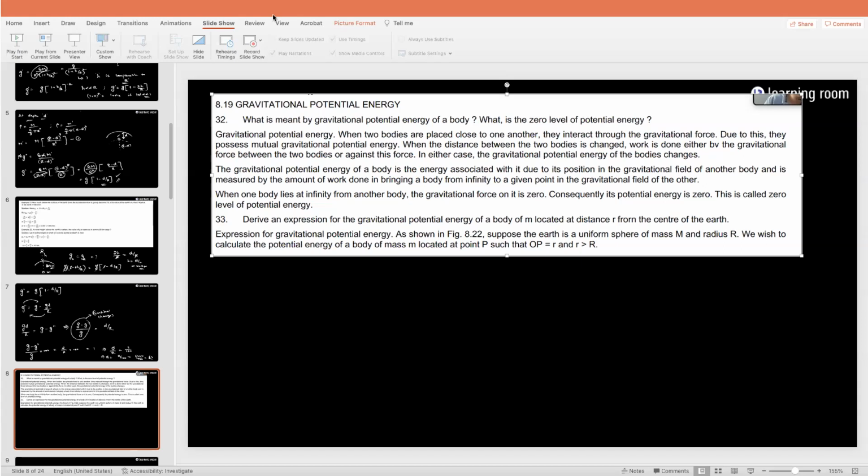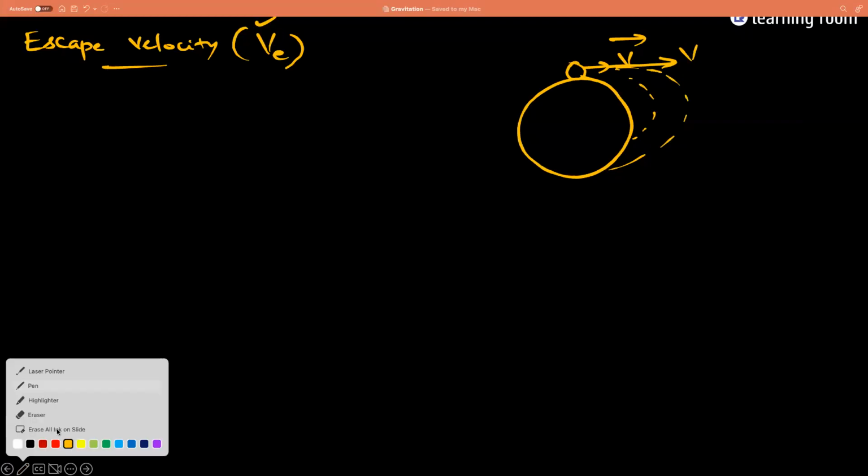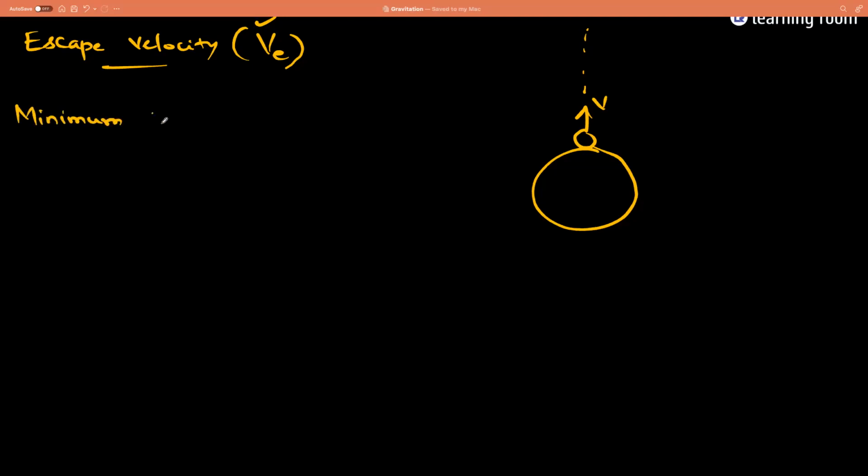Okay. So I'll give you another explanation to this. Listen. One minute. See, suppose this is the earth, right? If you are giving it velocity in such a way that it is able to escape the gravitational pull, right? So can I say, if I give it a minimum velocity